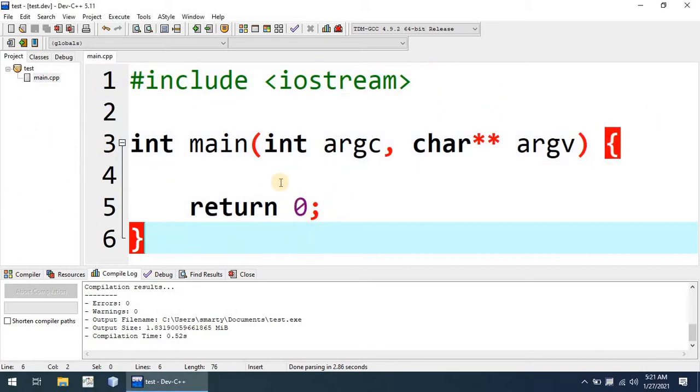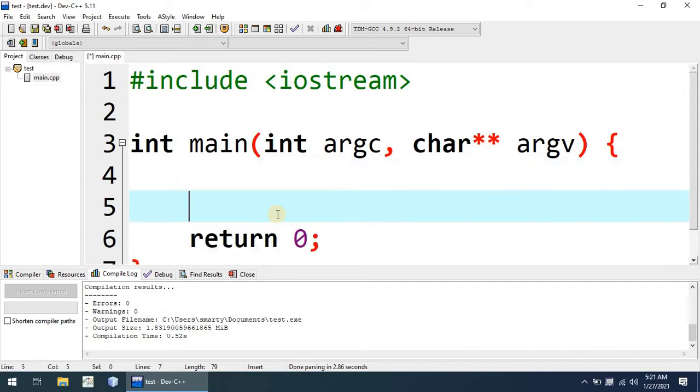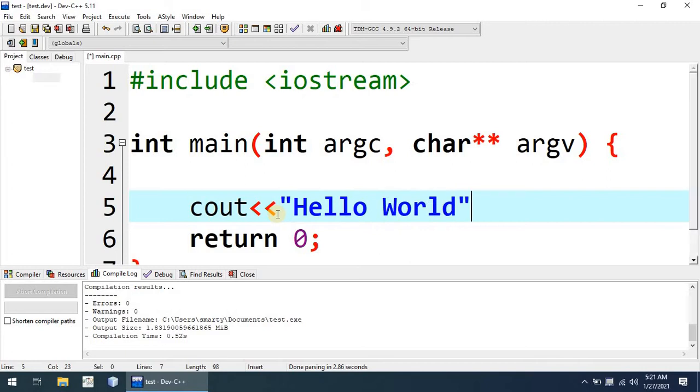So let us start by writing our first C++ output statement, cout. That is the output statement. We are providing here the default format string hello world, the most famous string in the entire world.